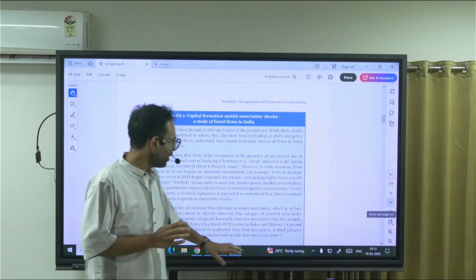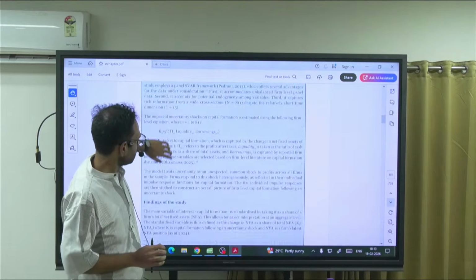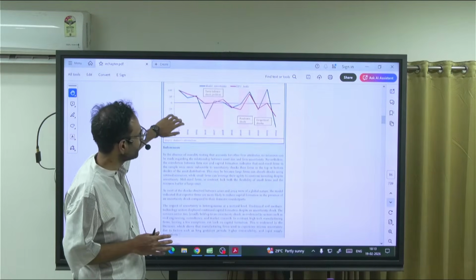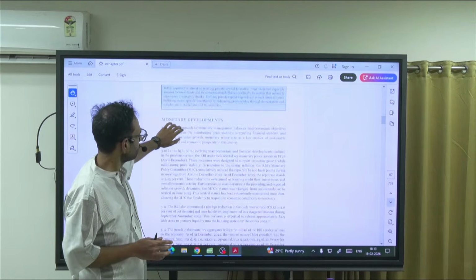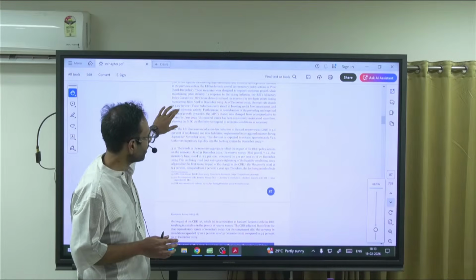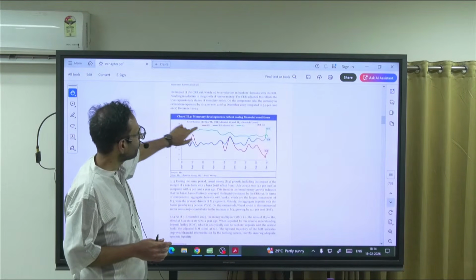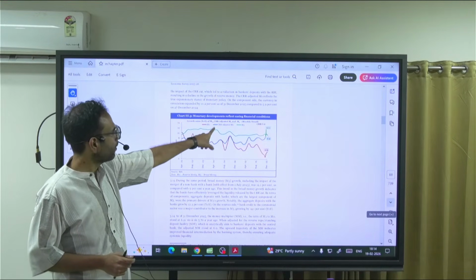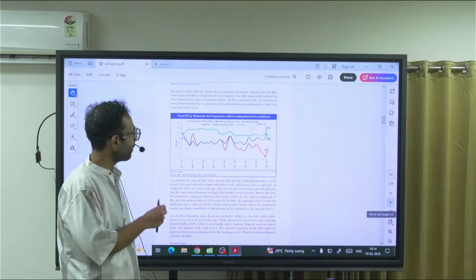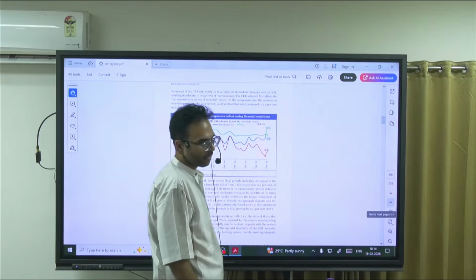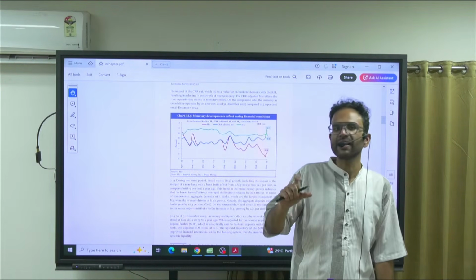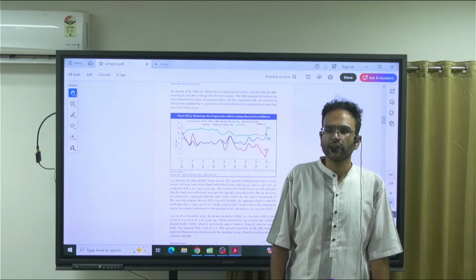So, if you read the text given here, you will have a lot of information. But I'm not going to explain all that because it is not really important. But you will have to know this graph. M0, M1, M2, M3, what is the impact, the trends therein. Read this chapter, and tomorrow we will be discussing the second half of financial intermediation.